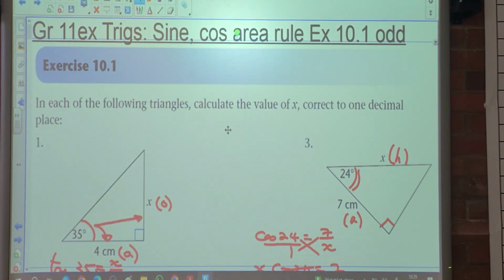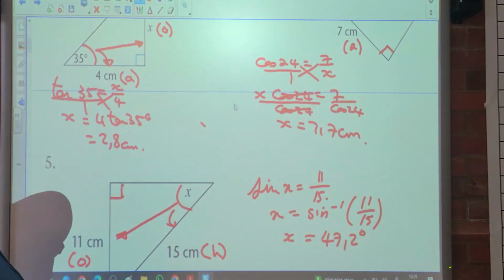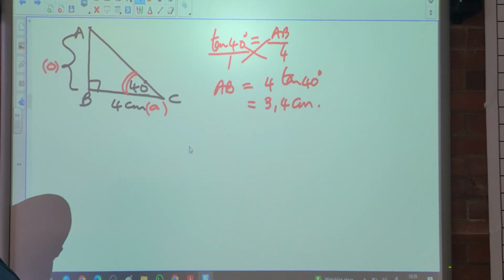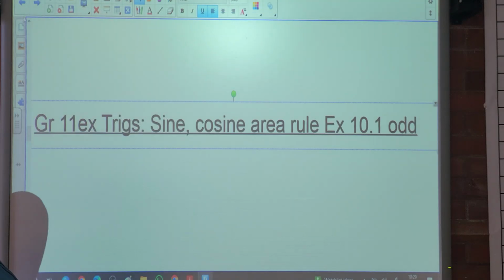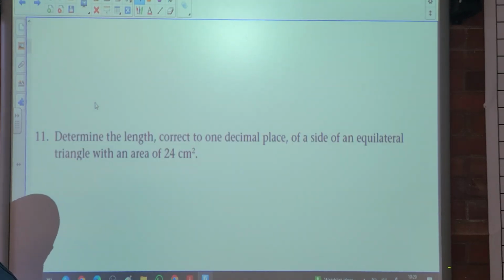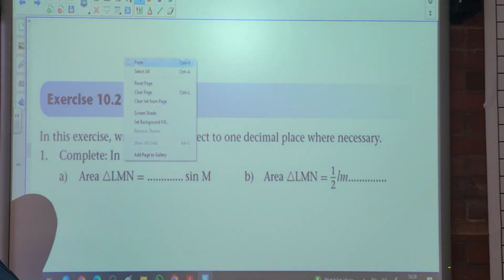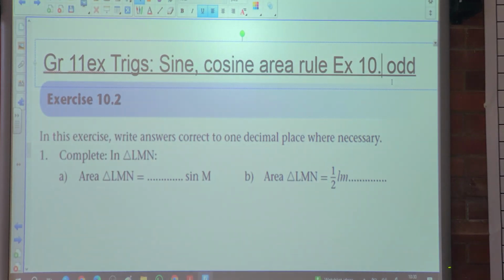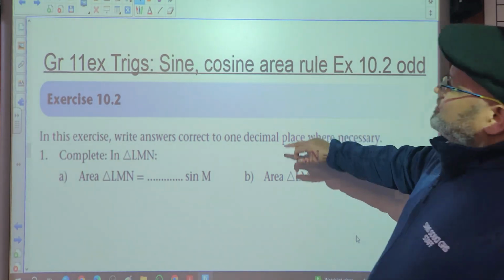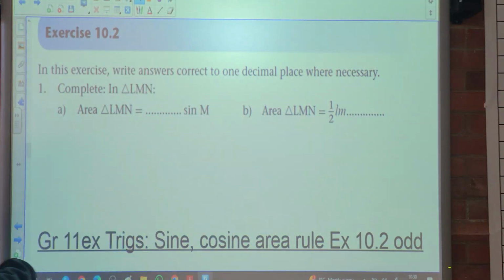Okay, good morning class. So today we're looking at the sine, cos and area rule. We're looking at the answers to exercise 10.2, the odd numbers, or every alternate sum. In exercise 10.2, we are asked, in this exercise, write the answer correct to one